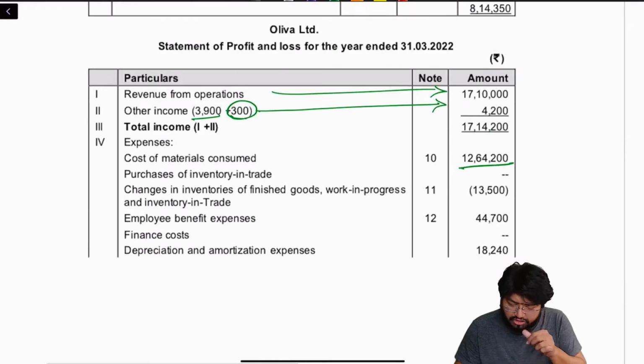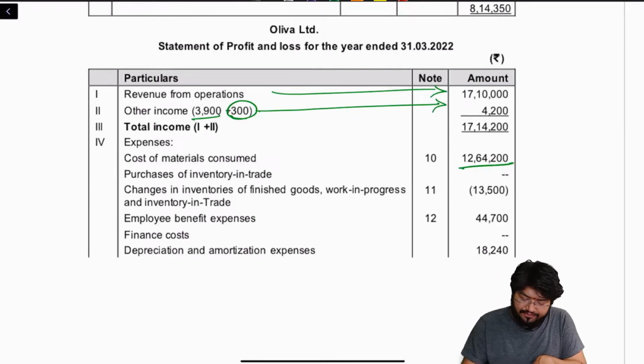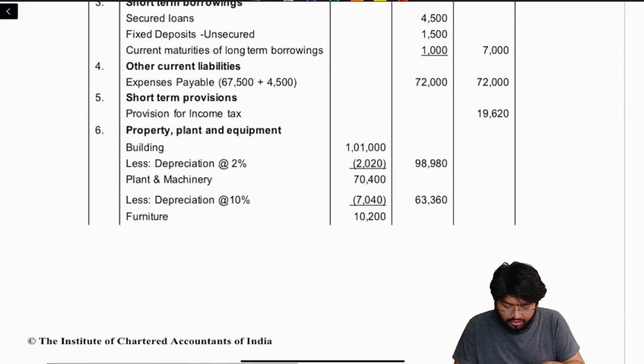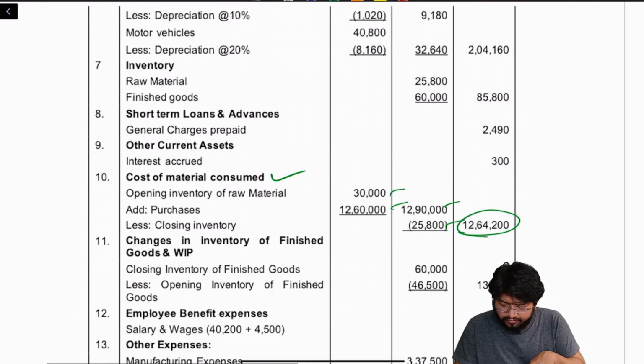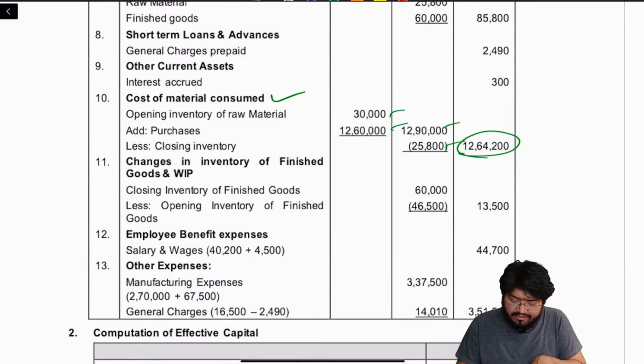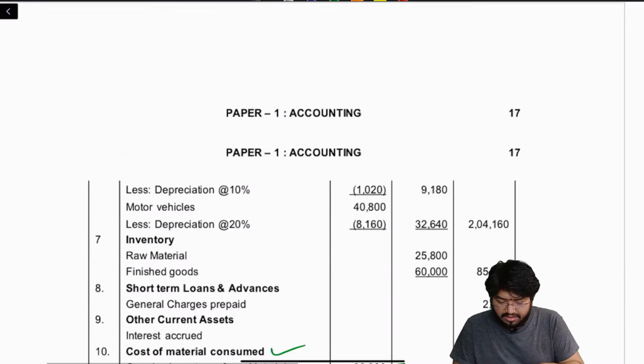And then changes in inventory of finished goods and work in progress, everything 13,500 is taken negative. How did that come? So if you look at your opening and closing balance of inventories, okay, you would get the difference. Okay, closing inventory of finished goods is 60,000 given, from which you are deducting opening inventory of finished goods. Net off is 13,500, which is taken here. Okay, so then